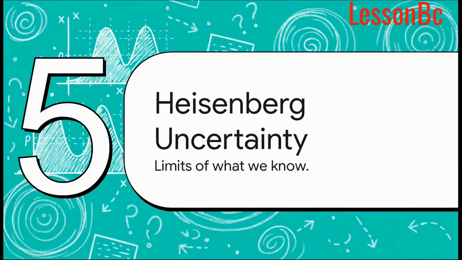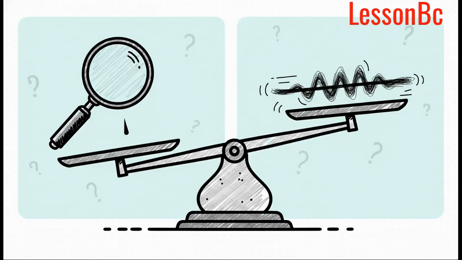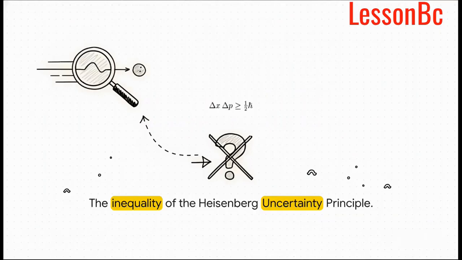As we get comfortable with the math, we hit Section 5, the Heisenberg uncertainty principle, the limits of what we can know. This principle dictates the hard boundaries of what we can actually discover. Werner Heisenberg proved that it is completely impossible to know both the exact position and the exact momentum of a particle at the exact same time. Basically, the more precisely you measure where a particle is, the less precise your knowledge of its momentum becomes, and vice versa. And this isn't just an issue with our microscopes being too weak or our measuring instruments failing us, it's a hardwired limit of nature itself, perfectly described by this mathematical inequality right here.